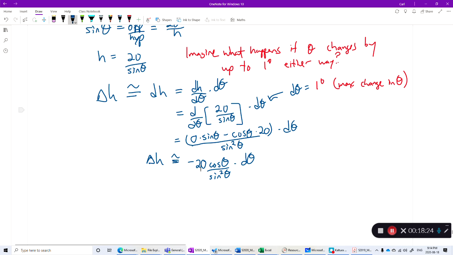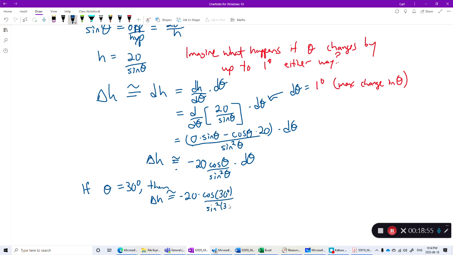We'll do the relative error in a second. Still having problems deleting. It's funny. Why is that? Okay, that's okay. So if theta is 30, then that means that delta h is approximately minus 20 cosine of 30 degrees over sine squared of 30 degrees times d theta, which is,